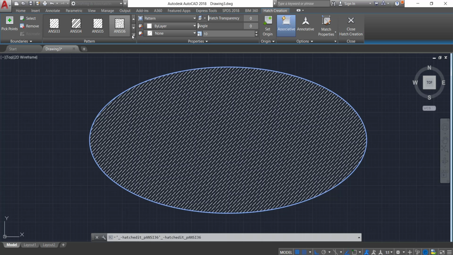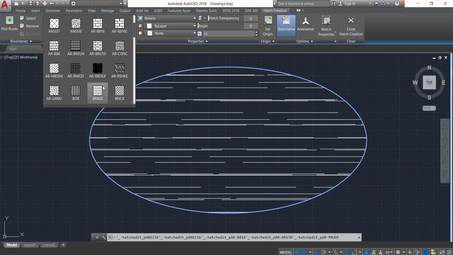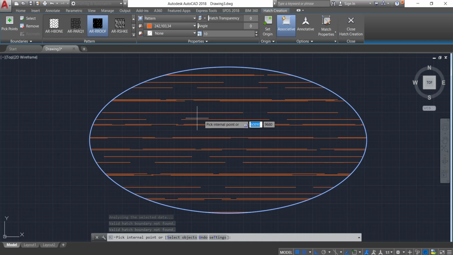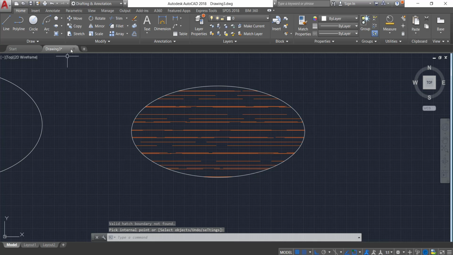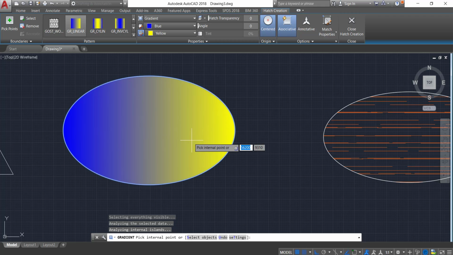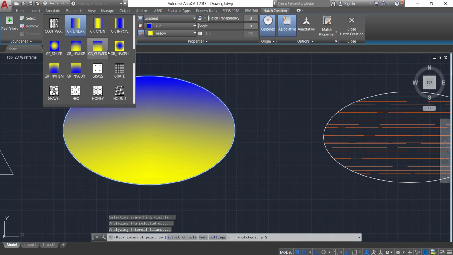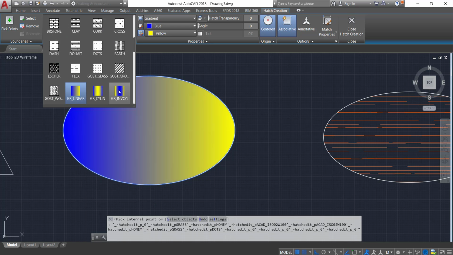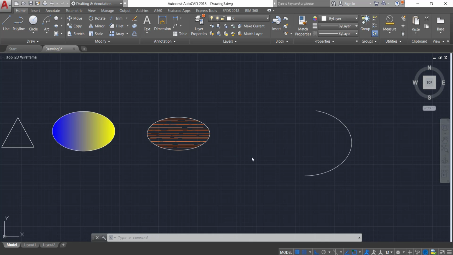Okay. So accordingly you can choose the hatch pattern as per your requirement, and you can also change its color here. So this is how you can use the hatch command. There are other options also associated with that, that is the gradient. So if you will select the gradient for any closed boundary, then you can see the effect of the gradient pattern. So there are plenty of options also available for different gradient patterns. You can select those as per your requirement. So that was about the gradient.